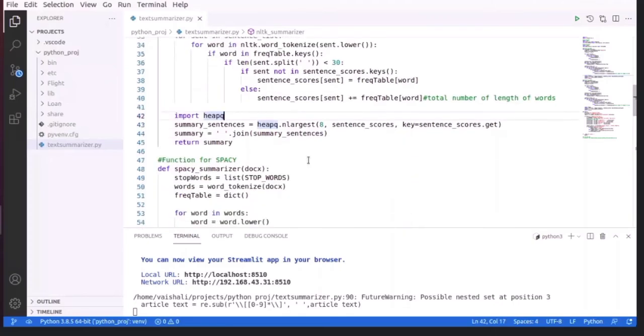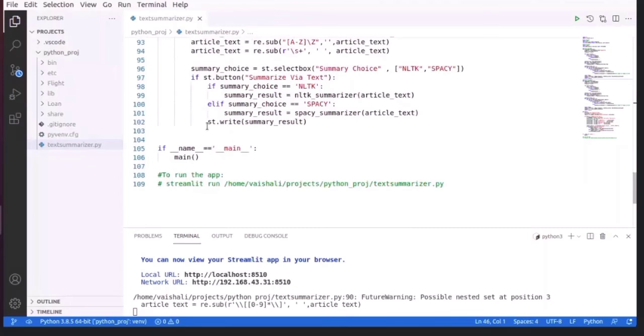Here we are importing heapq, and from the sentence scores, the eight sentences with maximum score will be passed to the summary sentences, and then they will be joined and returned as summary. So in the main function, you can see that the NLTK summarizer will return the summary, which will be held in summary result, and using st.write the summary we will get on the GUI.